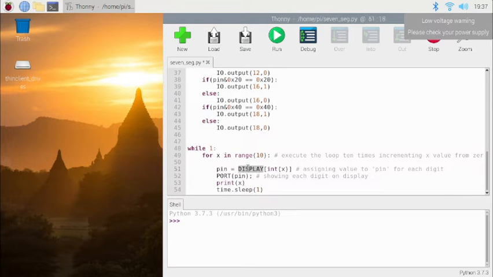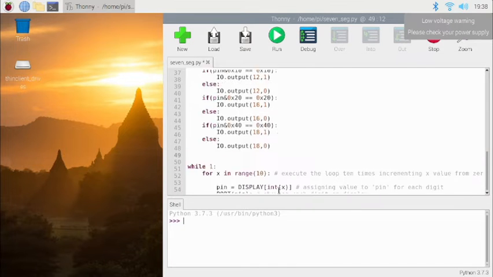And for each number it will simply pass that number into our port function, right? So it will turn on the particular segment based on the bits of the number we are passing, right? And after each number it will wait for 1 second. Along with that, we are also printing this x value here. Okay, so you can map the actual output on the 7 segment to the value of x for each time period, right? For each second. So this is what the code is, right?